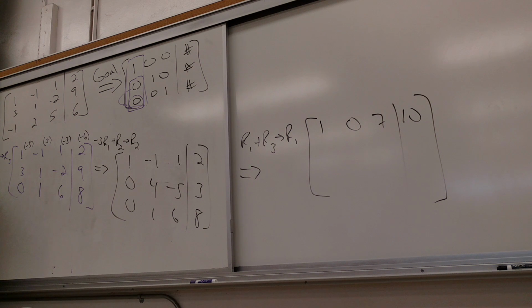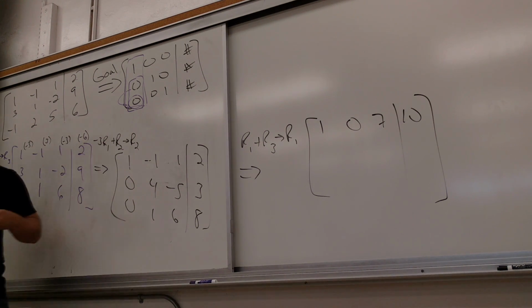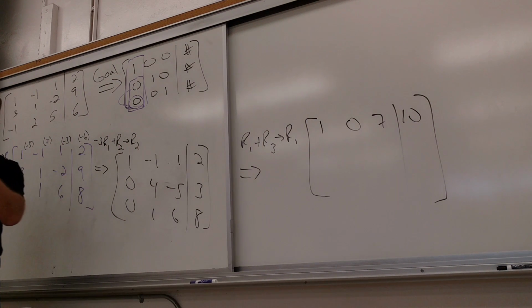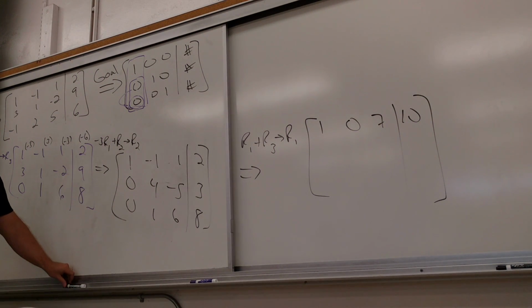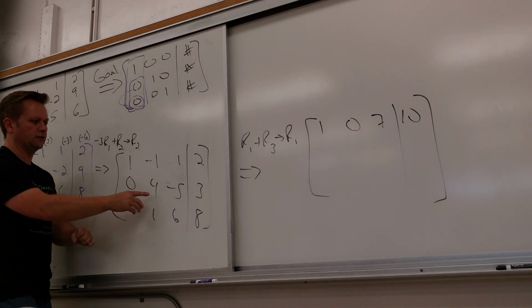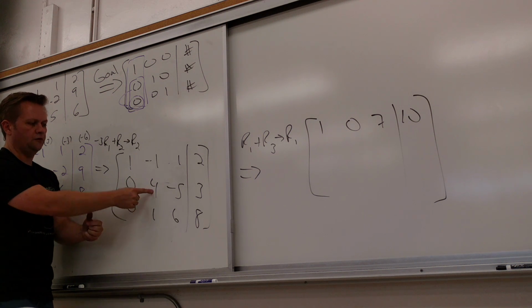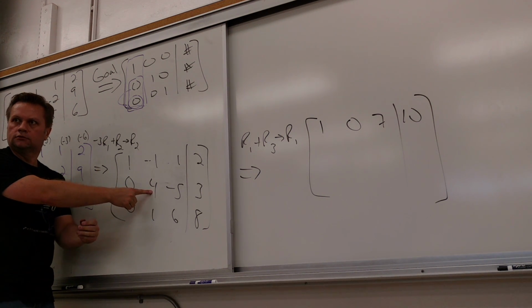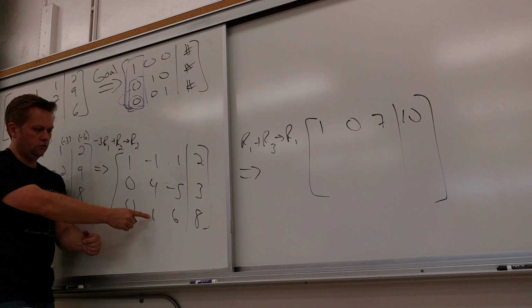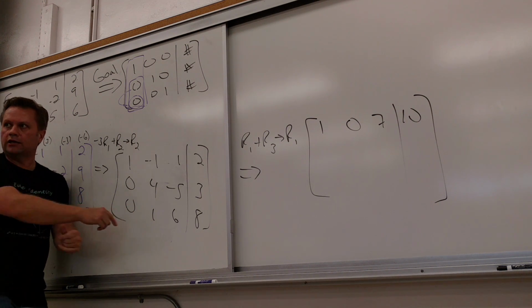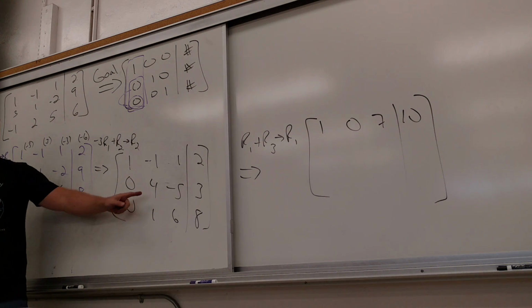There's a lot of little bits and pieces to this that just have to kind of sink in. And the more you understand it, the less work there is to do with this. All right, so let me try to show you another shortcut. How am I going to kill that 4 here? Multiply the third row by negative. Yeah, multiply this by -1. Now, some of you guys might worry that if I put a 0 there,